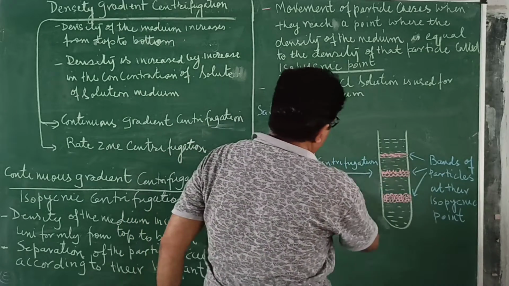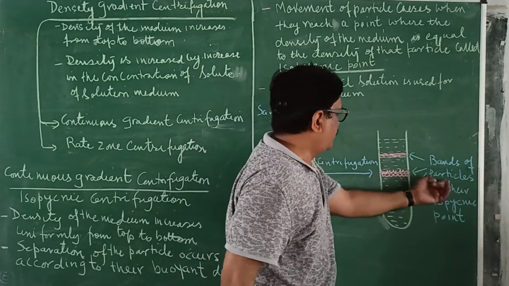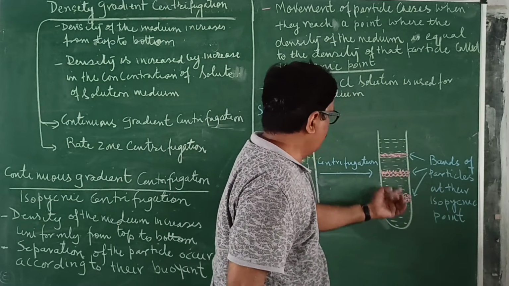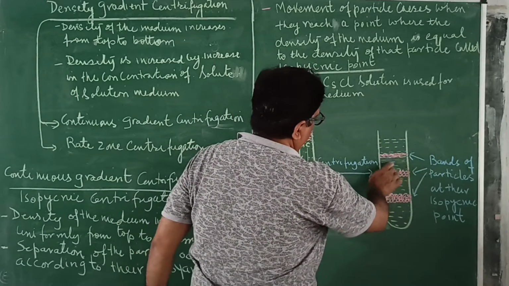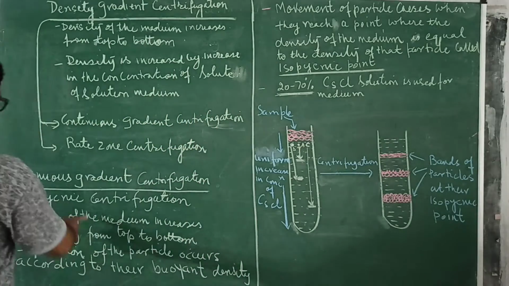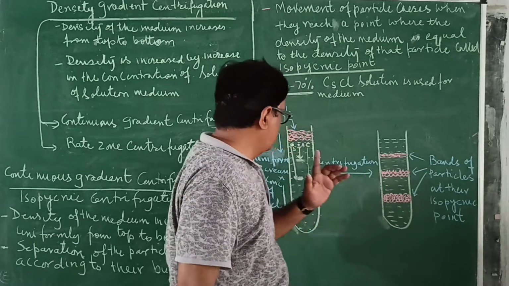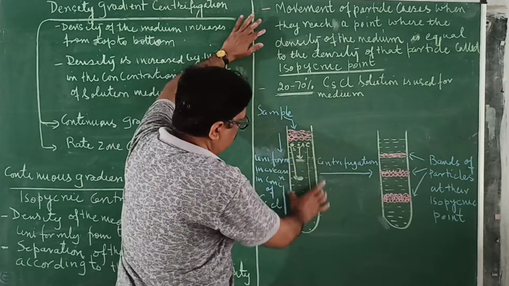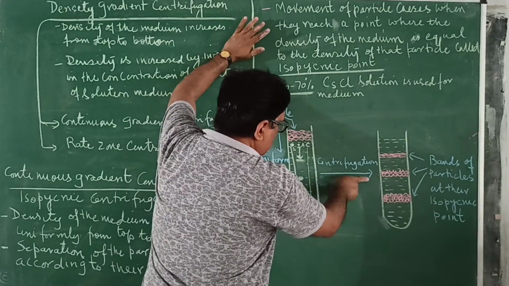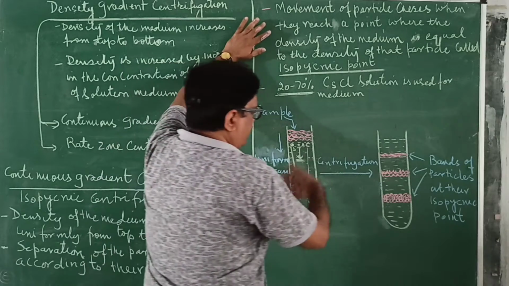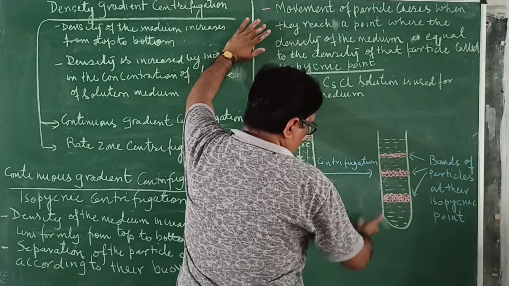By the end of the centrifugation, we get different bands of particles, and all the bands are formed at their isopycnic point. That is why it is known as isopycnic centrifugation. Okay, that means you understood. This is the solution. Here the sample is put, centrifugation is started, and at the end we get three different bands